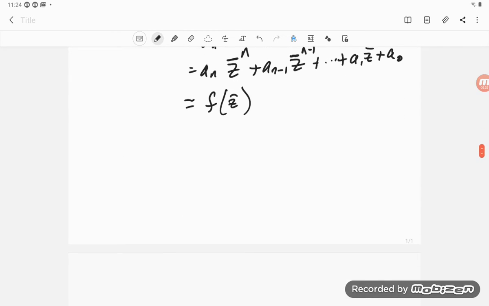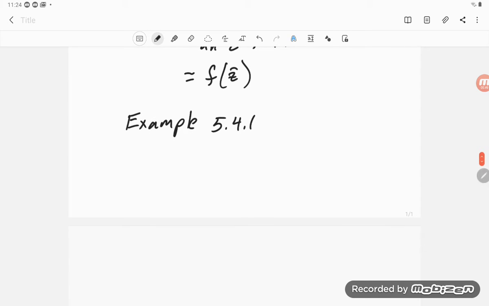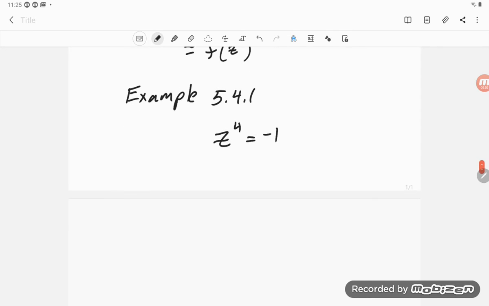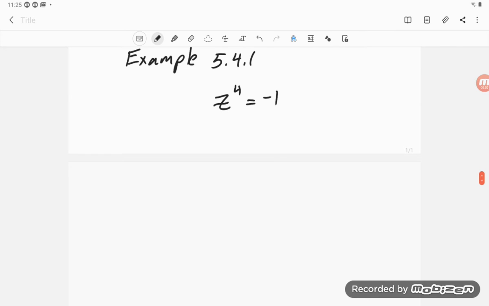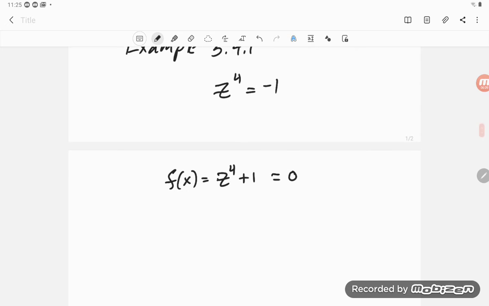And then they mention this example, example 5.4.1. And so they say, discuss the positions of the roots of the equation z to the fourth equals -1. And so notice this is a polynomial. I can say, oh, this is f of z equals z to the fourth plus 1, and I'd like to set that equal to 0. Well, according to this,